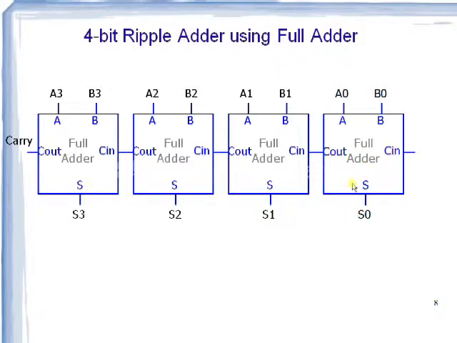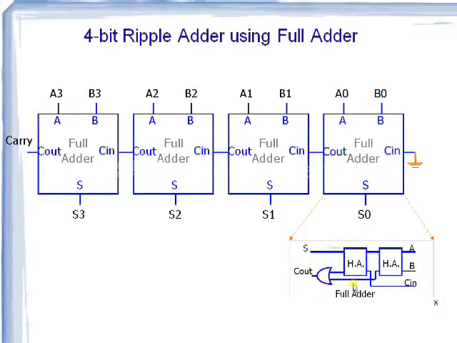Now this is the ripple carry adder. Here I'm connecting C in to ground, which means we are giving the initial carry as 0. This stage will perform addition between A naught, B naught as well as C in. Now this is a full adder circuit, and this is the half adder circuit. So this is the circuit which is mainly used for performing addition between multiple bit operands. But the drawback associated with the ripple carry adder is propagation delay. Let us see what that propagation delay is and how it looks.